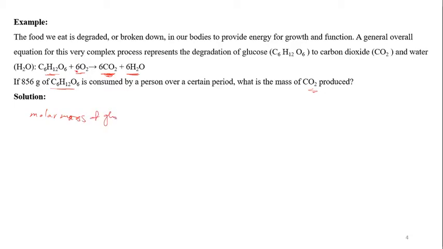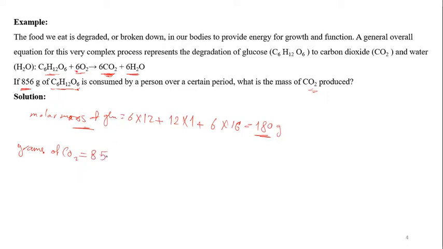of glucose. The molar mass of glucose is equal to 6 carbons, which is 12 for each one of them, and 12 hydrogens, 12 multiplied by 1 gram for each, and 6 oxygens multiplied by 16 to give me 180 grams. So each mole of glucose is equivalent to 180 grams. So if I want to know the grams